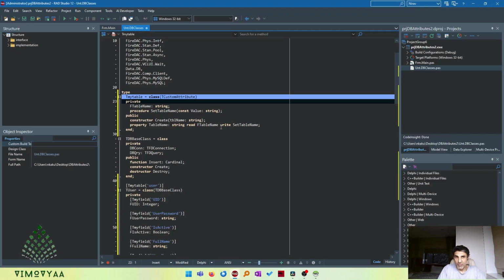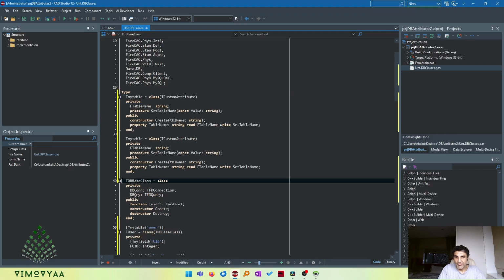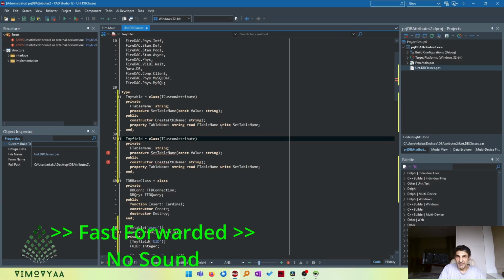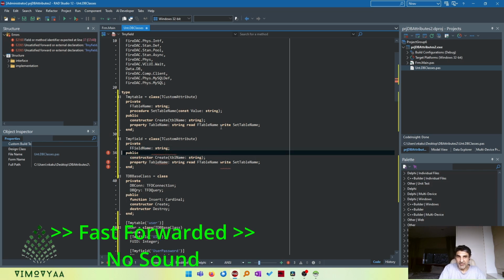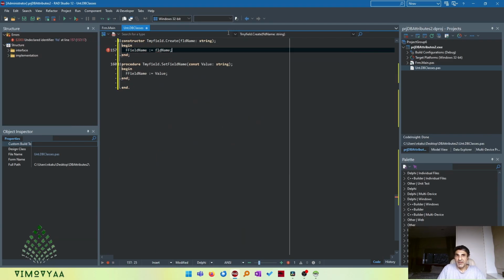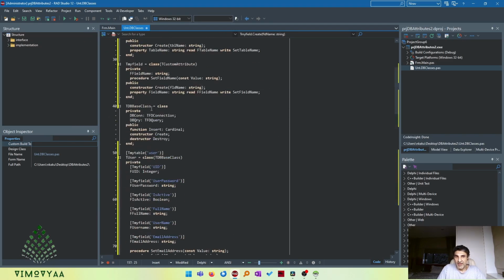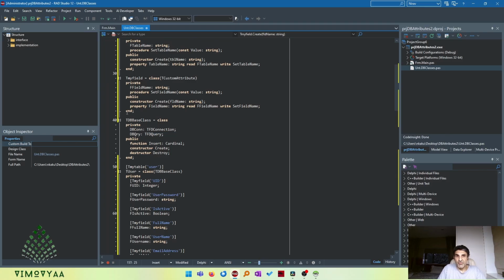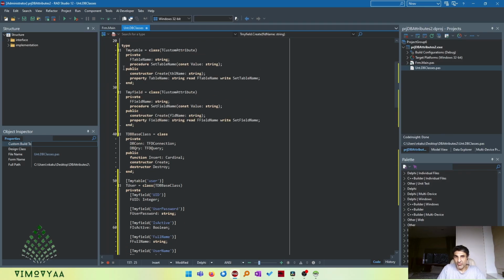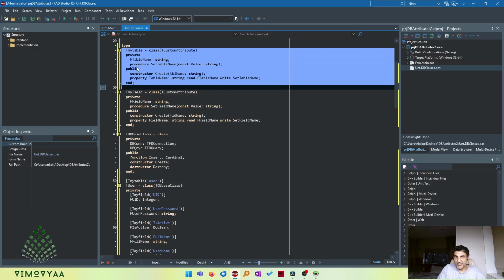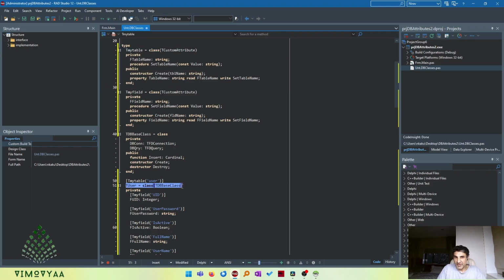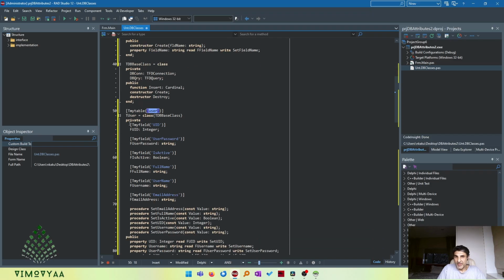And we create one more attribute, which is for the field. Exactly the same thing, nothing different. Right. So now, if you've seen my previous video, you know how attributes get attached and how to create your own custom attributes. So I've created two custom attributes, one that attaches on top of the class as a table name, and one that attaches on each of the fields of the class and connects it with the fields